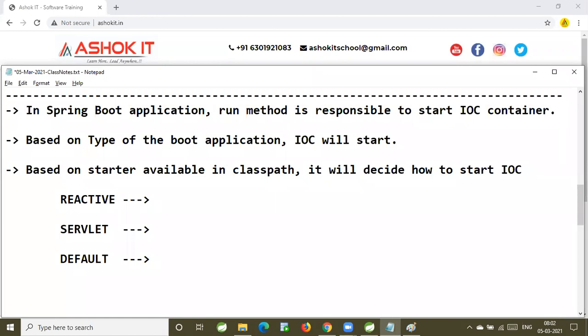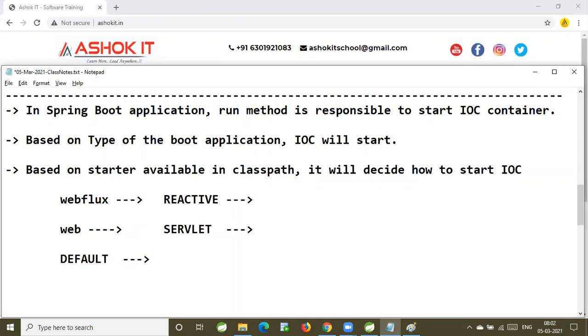Okay, if you have the Webflux starter, that means it is reactive. If you have the web starter, then it comes under servlet.